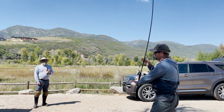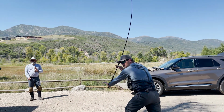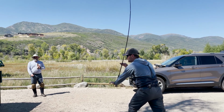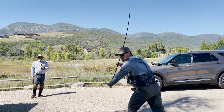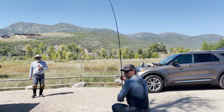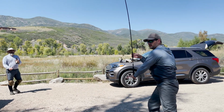As soon as I feel that fish start to run, I'm going to tuck the butt underneath. That gets me back in the power curve. If you need to take a couple steps forward because you missed the opportunity to immediately react, so be it. If you want to drop down to your knees and push forward, so be it. But the idea is, this is opening the...